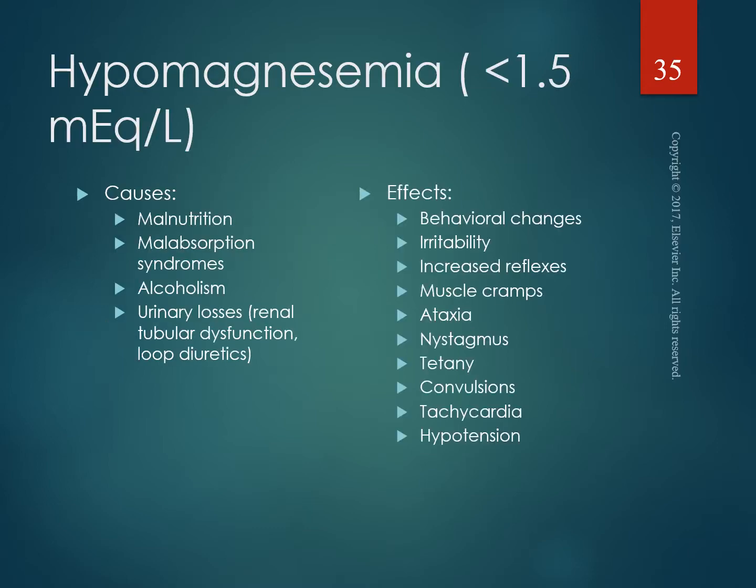So, hypomagnesemia, that's kind of hard to say, is levels less than 1.5 milliequivalents per liter. Low magnesium levels can cause potassium to move outside of the cells. Causes include malnutrition, malabsorption syndromes, alcoholism, urinary losses through renal tubular dysfunction and loop diuretics, prolonged use of proton pump inhibitors, diabetes mellitus,